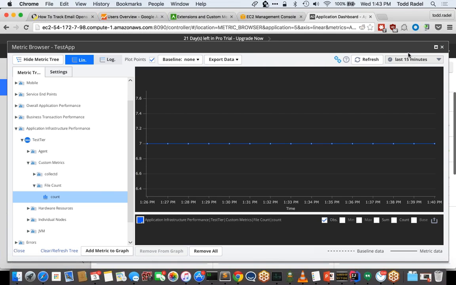Okay, but that's nice if you're gathering data from lots of systems. Just pay attention to where you are in the hierarchy and make sure you're looking at the correct one. If you want the tier level, if you want the node level, you have to come down under individual nodes. Okay,